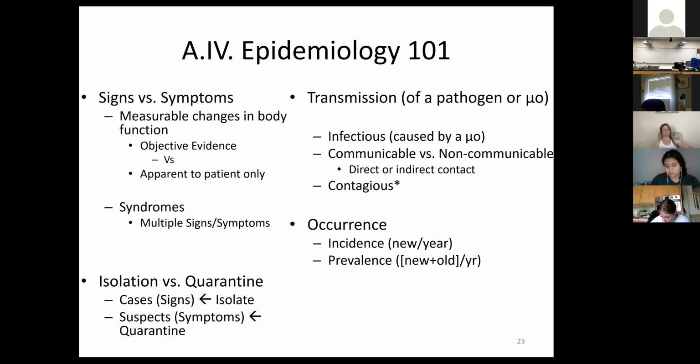So again, these are the things that we need to be very careful about when we're talking about disease. So something that is highly contagious, in this case, okay? That means that it can be passed on from a person to another person. That doesn't mean that the other person gets sick automatically. Unfortunately, in this day and age, and especially in the news right now, when somebody talks about something being highly contagious, they're just automatically assuming that the other person is going to die. That is not true at all. Okay, contagious only talks about transmissibility from living thing to living thing. That's all it is. If it's highly contagious, that means it transmits really, really fast